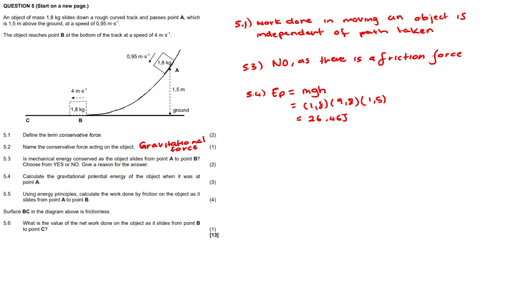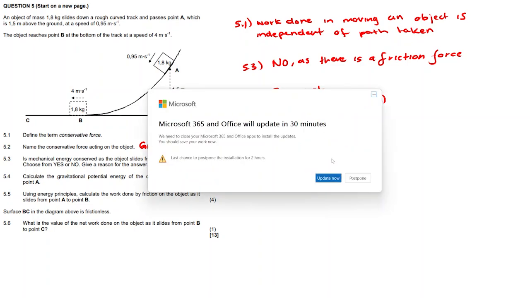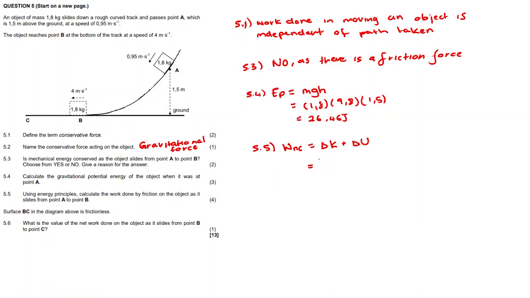Question 5.5. Using energy principles, calculate the work done by friction on the object as it slides from point A to point B. So as we know, friction is a non-conservative force. Therefore, we can say that the work of the non-conservative force is equal to change in kinetic energy plus the change in potential energy. We then can say, break down kinetic energy as half mass times change in velocity. Therefore, half mass being 1.8, and the change in velocity being the final velocity squared, minus the initial velocity